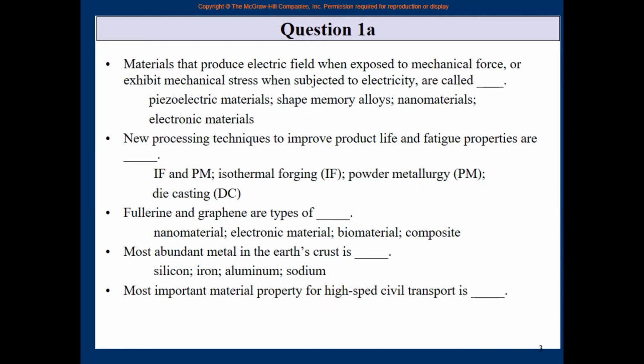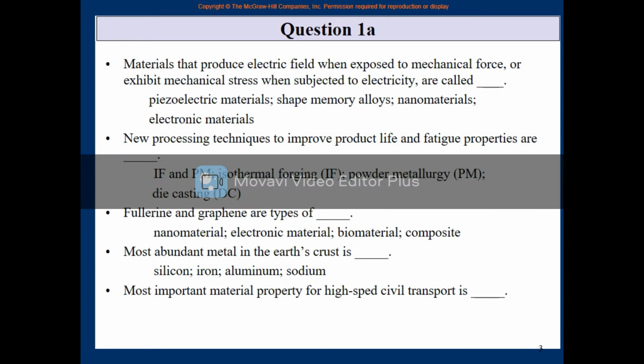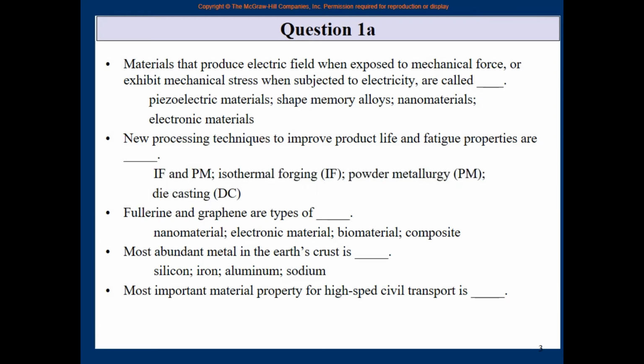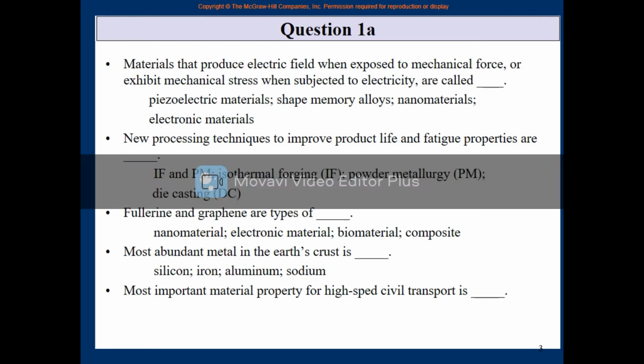Normally, very high speed aircraft is only for defense purposes, fighting jets. But in the near future, like earlier also, there was a plane which is now no more being used, which came from America to Europe, which was supersonic. Now they are trying to go back to supersonic planes so that they have hundreds of passengers, but the speed is very high. So most important material property for a commercial plane which carries hundreds of passengers at a supersonic